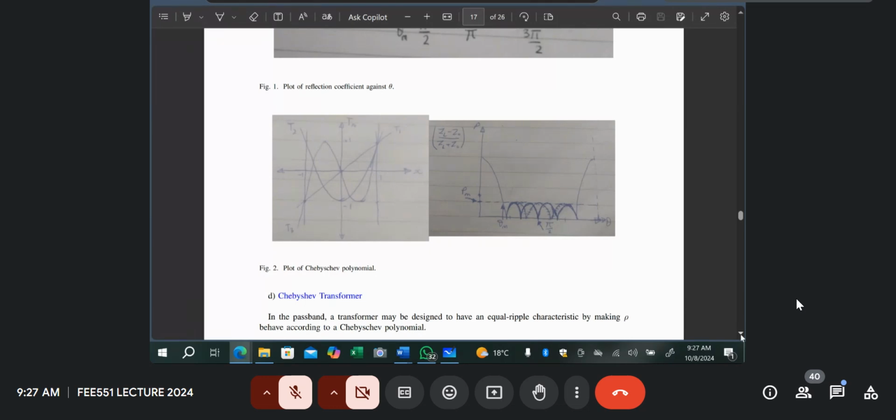In this one, what you want to achieve is equal ripple characteristics, which make the reflection coefficient behave like a Chebyshev polynomial. And the Chebyshev polynomial is what we have in figure 2. That's the plot of the Chebyshev polynomial. Those are the values. So you see that you can use those to design a system such